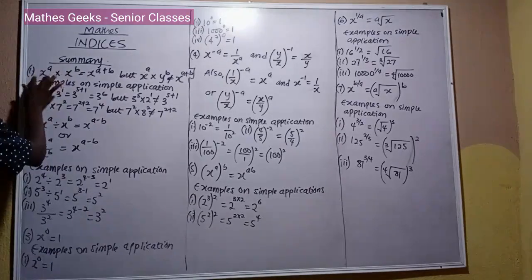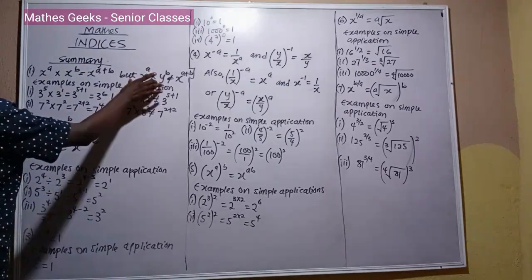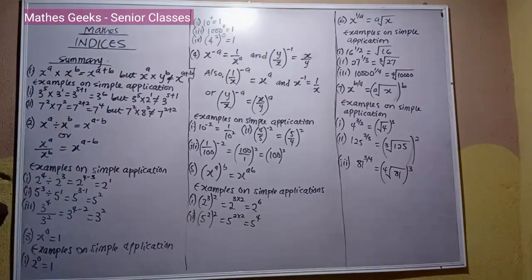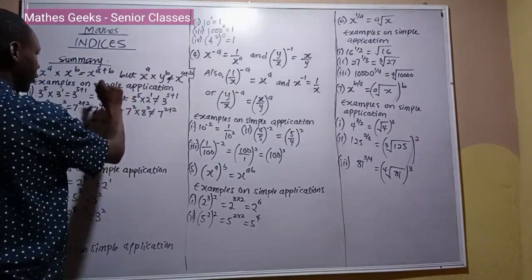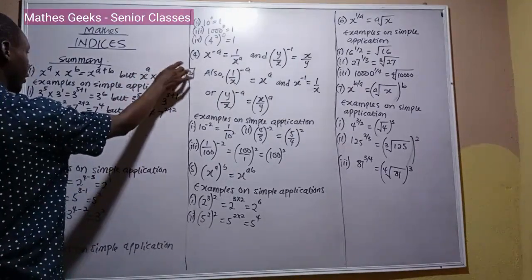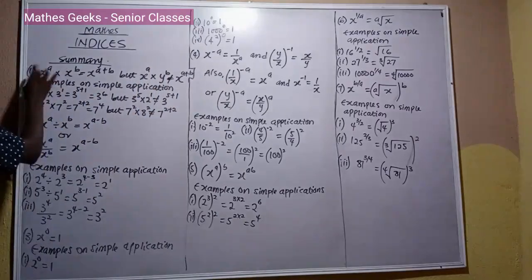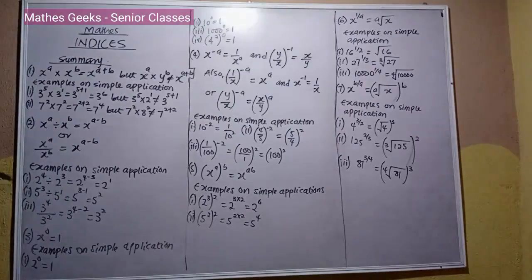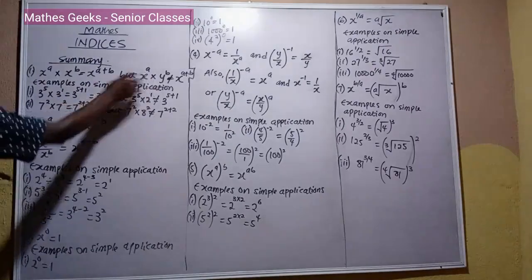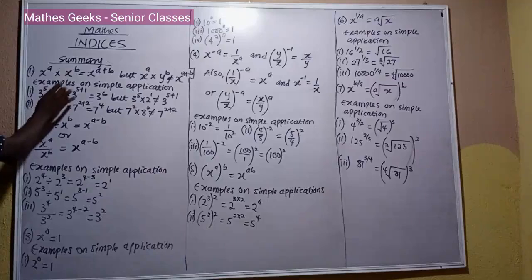When the bases are not alike, you can't apply the law, or the multiplication law of indices is not applicable in a case like this, because this is x, this is y, the bases are not the same, so you cannot add the indices. But when the bases are the same, the indices can be added following the law of multiplication of indices. So examples of simple application: 2 raised to 5 times 2 raised to 1 is equal to